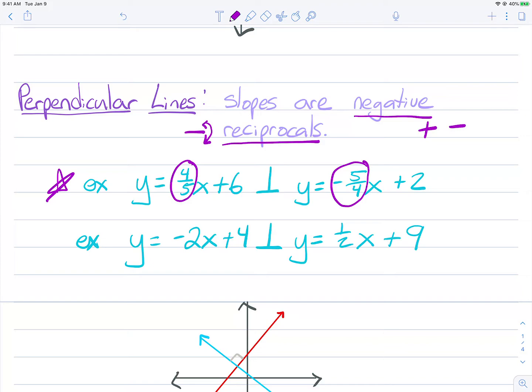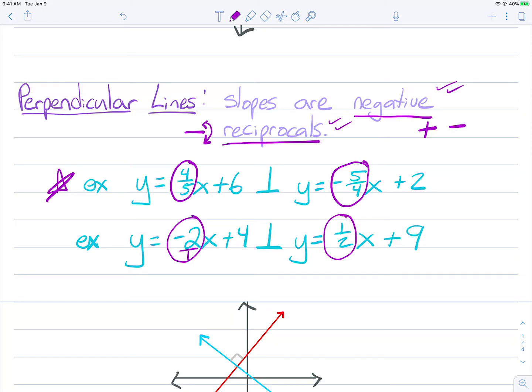So first of all, one's positive and one's negative, so that's that negative part. And if you flip 4 over 5 over, you get 5 over 4, so they are negative reciprocals. -2 over 1 and 1/2. If something's not a fraction, put a 1 underneath it and it's now a fraction. So one's negative and one is positive, and the reciprocal of 2 over 1 is 1 over 2, so they